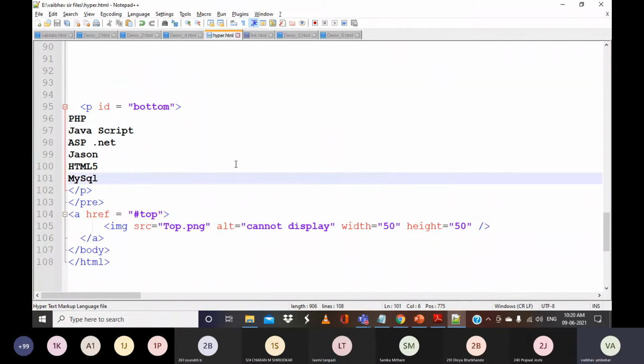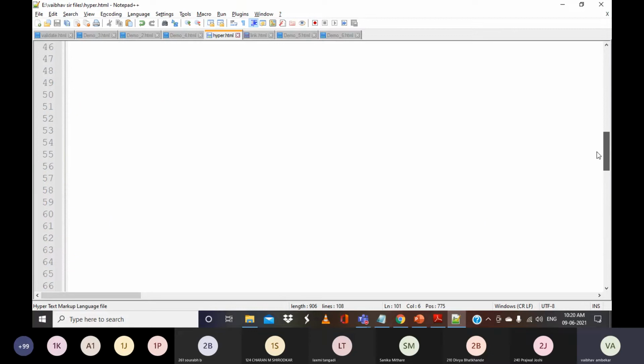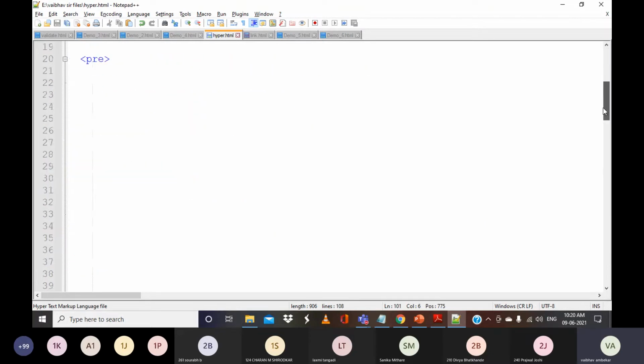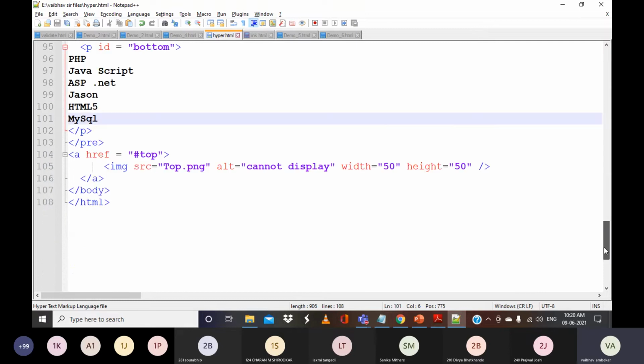I hope this is clear to everyone. What we have just made is, instead of the text "click here and go to top", I wanted to have an image. If you want to have such images as links, that can be used. You have to open your anchor tag first and write the information. Here we are specifying that it should be within the document; it can be in another document as well. Then we have to close this anchor tag.